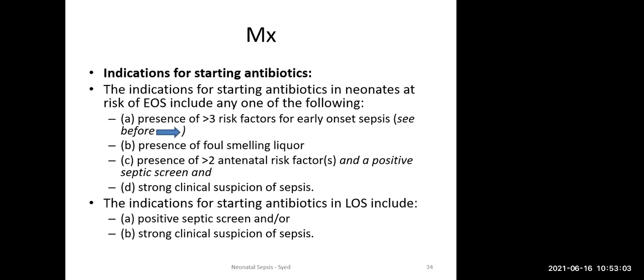So any babies, because this is an immunocompromised population, any babies with all the risk factors or any of the risk factors with the clinical signs or features suggestive of sepsis, you can start antibiotics. Okay, so this is the rough guideline. But in general, even with a slight degree of suspicion, for example you feel the baby looks weak, lethargic, not normal like other babies, just start antibiotics. Doesn't matter. Any degree of suspicion is an indication to start antibiotics.